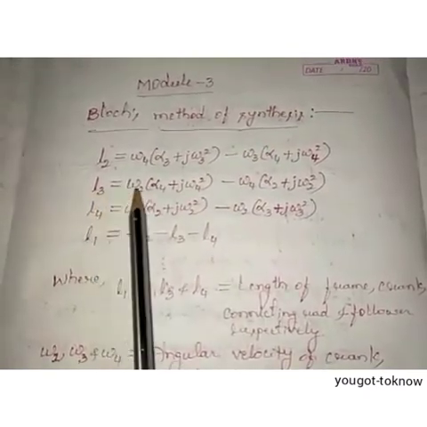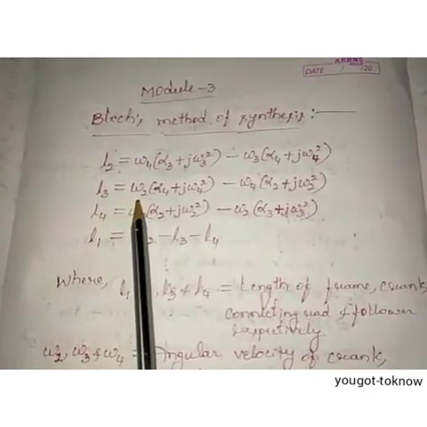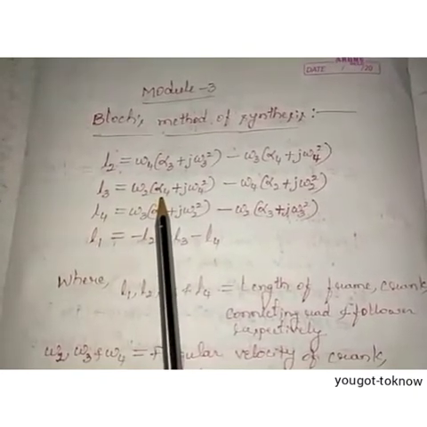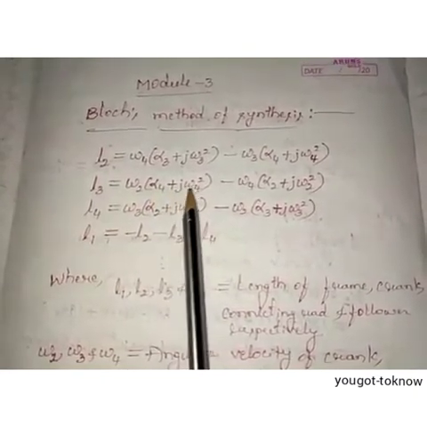L3 equals angular velocity of link 2 into angular acceleration of link 4 plus j into angular velocity of link